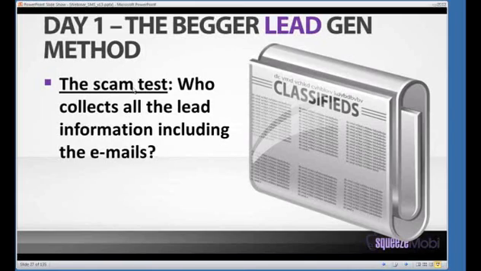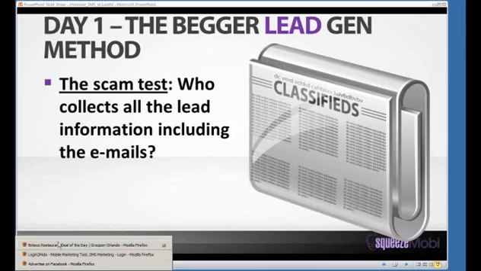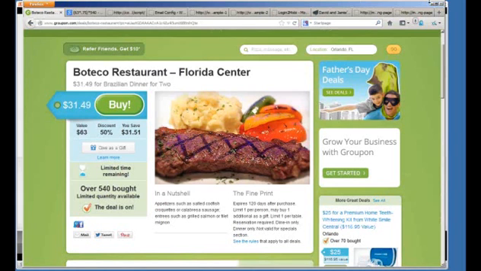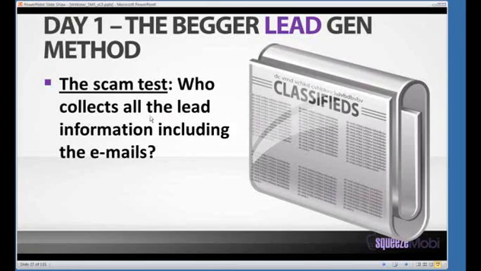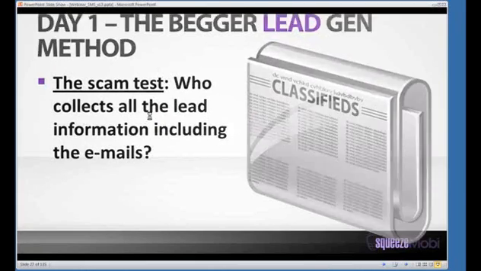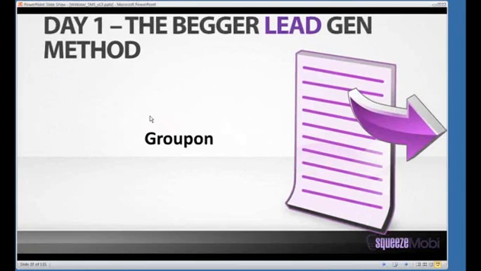Who collects that, so that they could do follow-up marketing and drive those customers back into their business over and over again? Boteco restaurant is not driving their customers back into the business. No, Groupon is driving these customers back to get other Groupon deals.